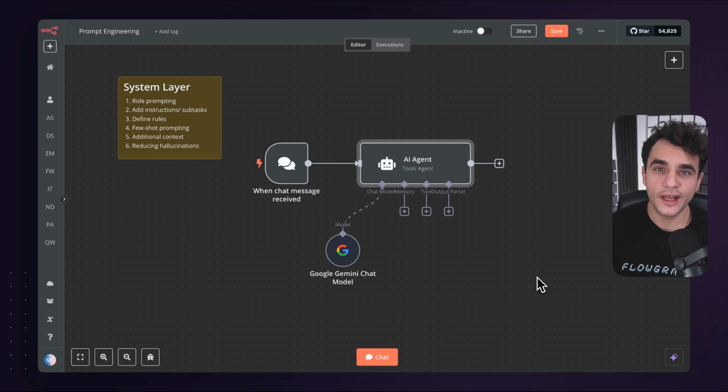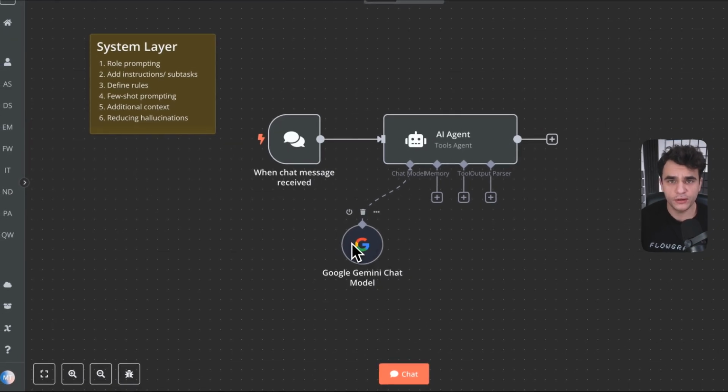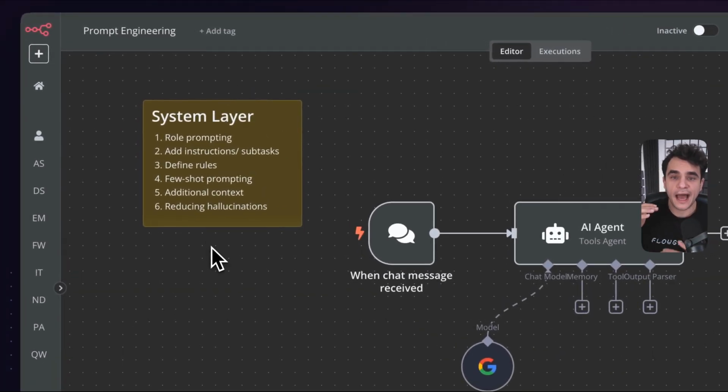So I'm in the workflow canvas in N8N, and I've got a basic AI agent in here. I've got a chat trigger connected to my AI agent, and I'm using a Google Gemini model here. But again, you could use a different chat model. In this system layer, we're going to go over a few different aspects to build out that system layer, or